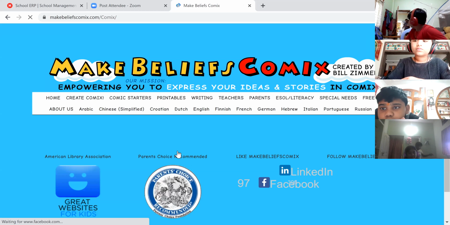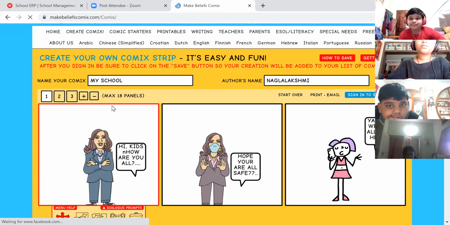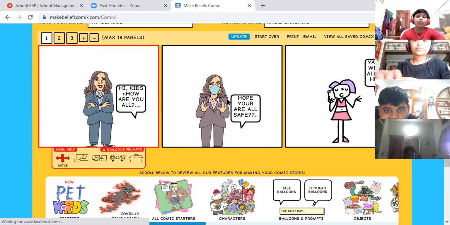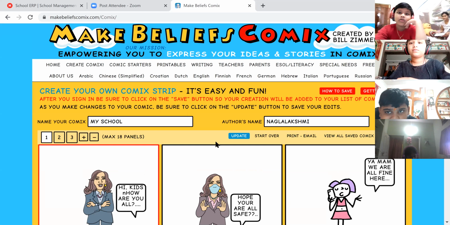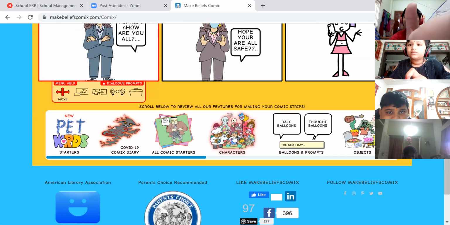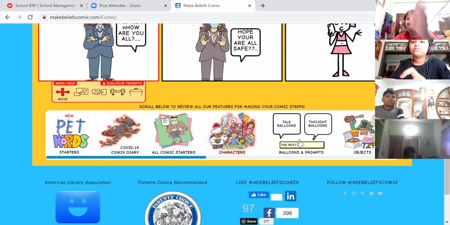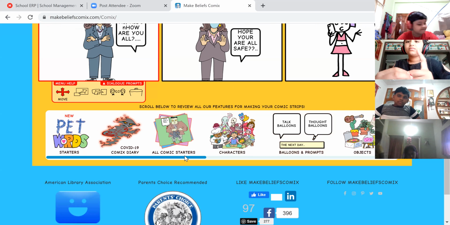That again you have to click on create comics. Now you'll get the screen like this with these 3 panels. See, this is my comic strip. You can go for new comics, it will open already, no problem. These are the characters, all characters you can choose here. Balloons and props are here. Thought balloons are there, talk balloons are there. You can keep anything of your choice.